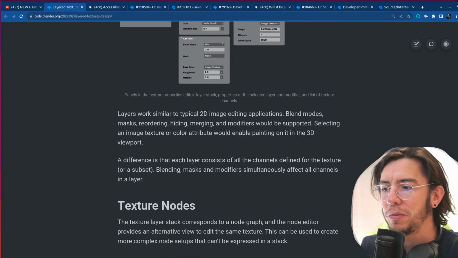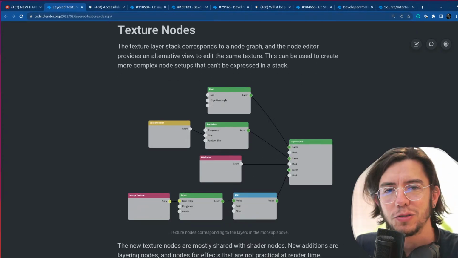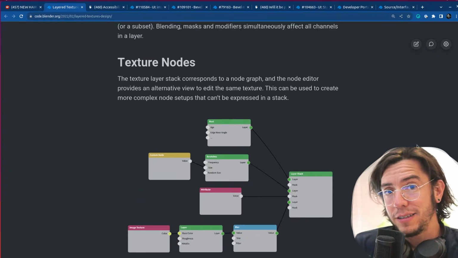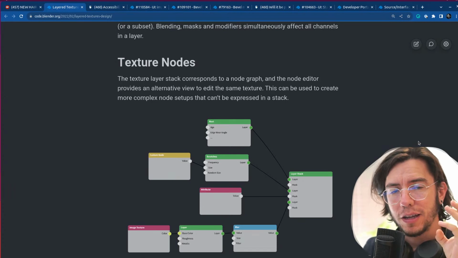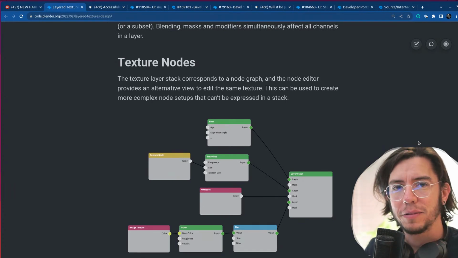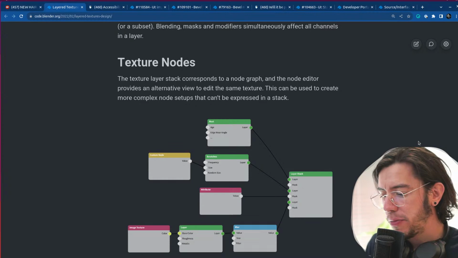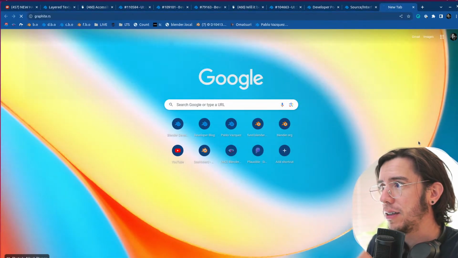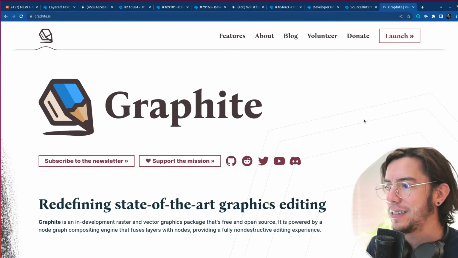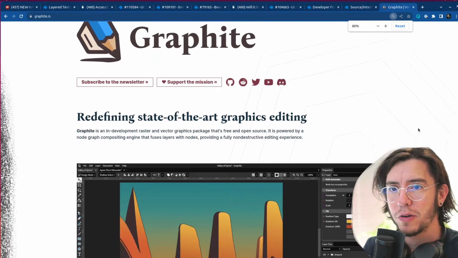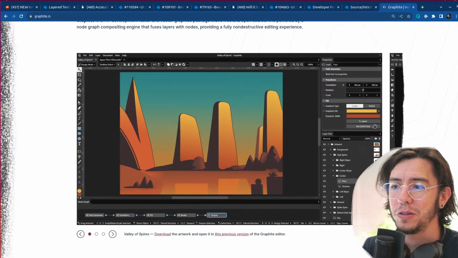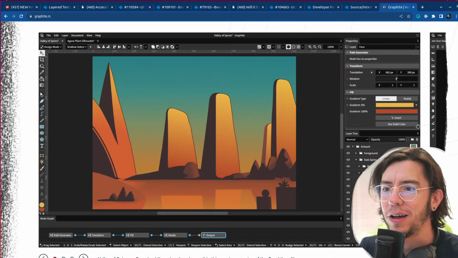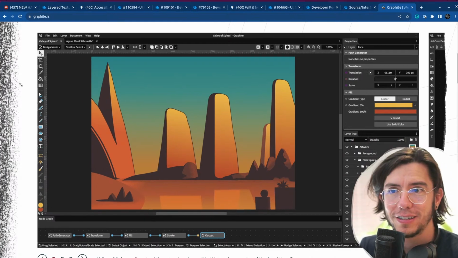And one thing that was a bit worrying for me was the layers. How do we show layers in the layer texture designs? How do we make it visually easy to understand? And there is a project called Graphite, graphite.rs, an open source project. If you don't know it, you should know it. It's an open source project made by Blender users, and